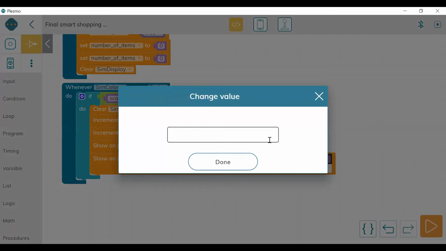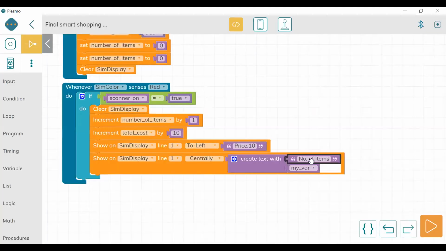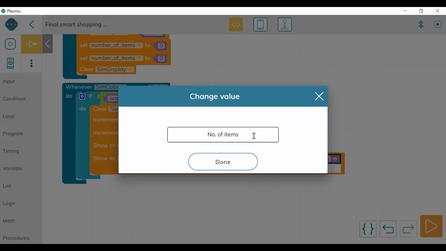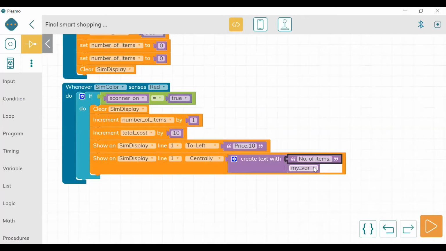Fine. So that means, my value, either I will type number of items. Done. Okay, I'm going to change it. I'm going to add a colon in front of it. So number of items, it will take from number of items only.